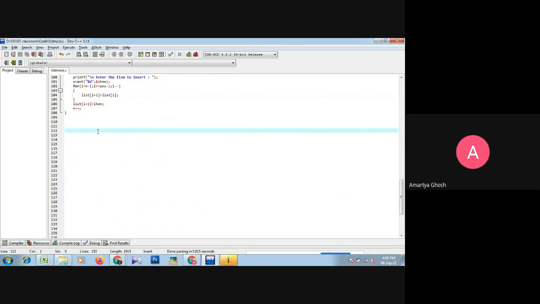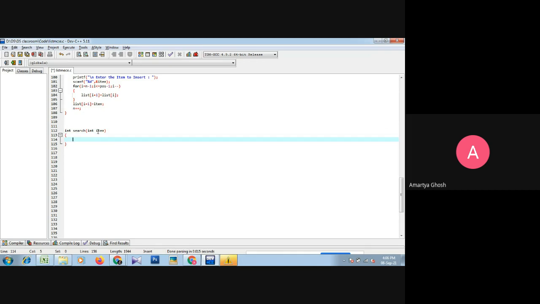So the signature of search function is int, that is the return type. Search is the name of the function, and within function we send one integer value, so int item. Okay, this item is the local variable of search. Enter.